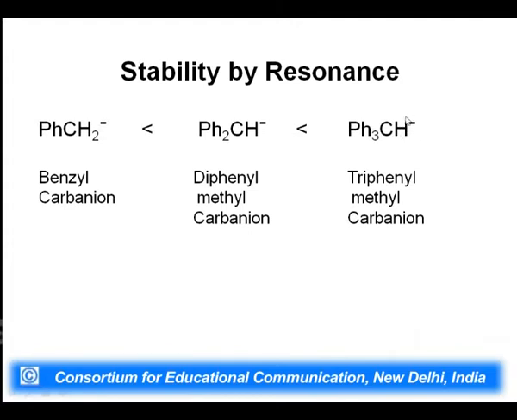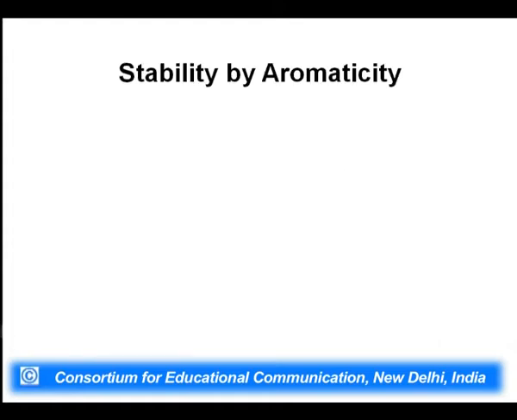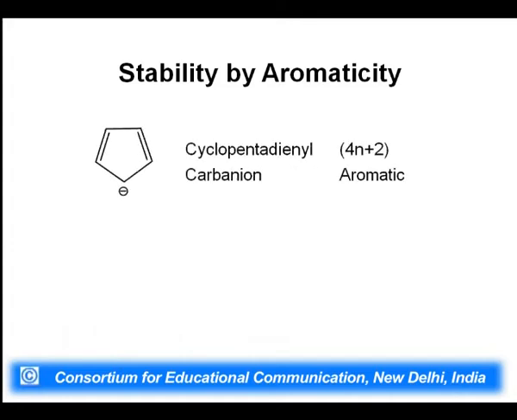So, this hydrogen you can delete from here. So, Ph3C minus, the triphenyl methyl carbanion, is most stable because there are more resonating structures, because of the 3 phenyl rings present. In a similar fashion, the aromatic behavior which appears because of the presence of a carbanion: this carbanion negative charge denotes a pair of electrons, and when this pair of electrons is present in conjugation in a